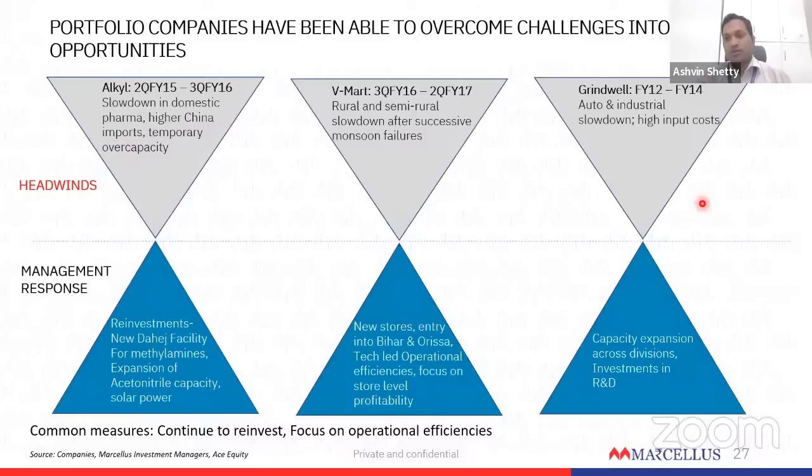In fact, at Tarsons also, the new capacities that are coming in are for getting into new products. So it's not purely for expanding the existing capacity. It's also for getting into new products like PCR. PCR is not only used for COVID testing. It has a much larger use in broader diagnostics and the pharma industry, plus also cell culture. So in other words, I don't think that these companies